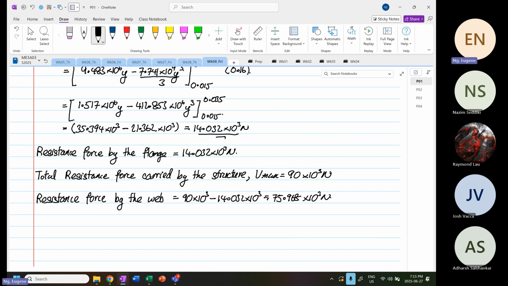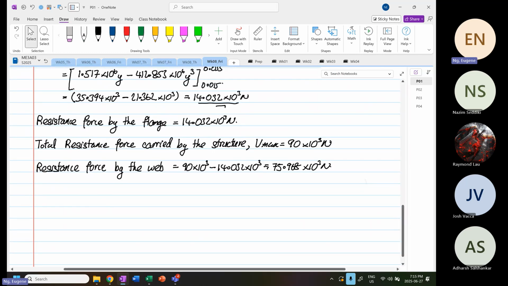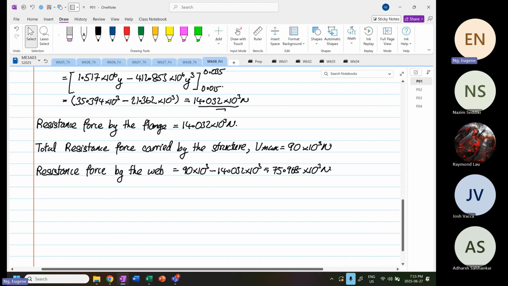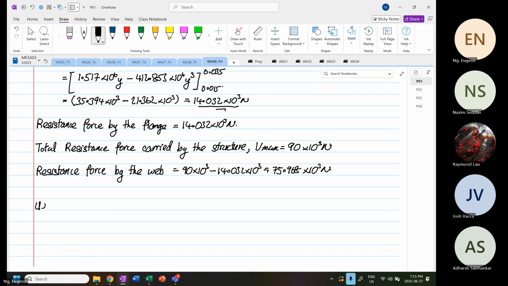So that is the resistance shear force taken by the web. To see if this is true, I'm just going to do it as an exercise. We are now going to find, using force